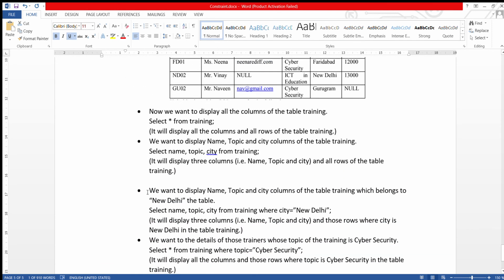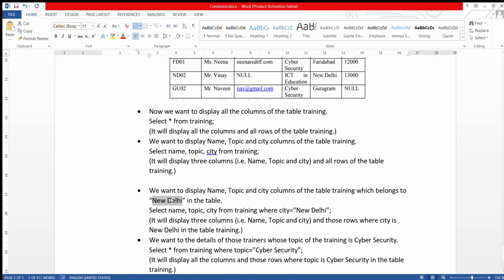Now we want to display name, topic and city columns, 3 columns, of the table training, which belong to New Delhi. Now here one condition is there. We want to display only those rows which belong to New Delhi.